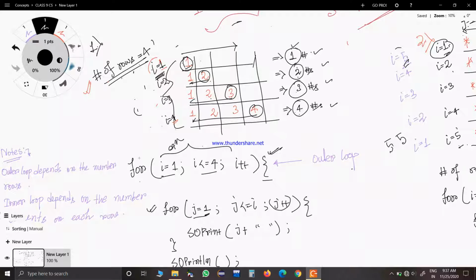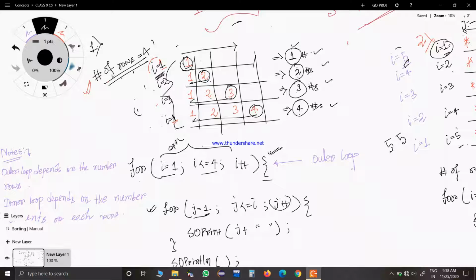This I will count the number of rows you have, the number of times you have to repeat something. But the actual pattern will come in the inner loop. The actual pattern is to determine and print each and every number in each row. You have to write another loop. So for that loop, what you have to do is see the numbers here for